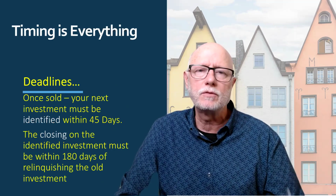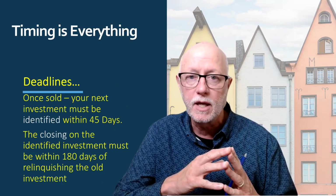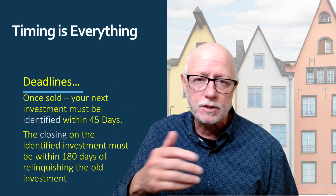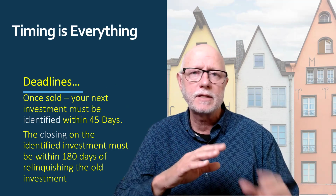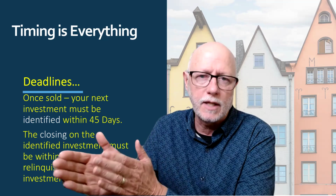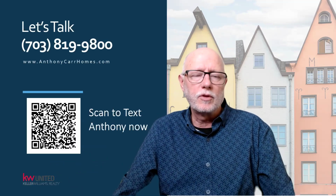And once sold, you're on a timeline now. You must identify the next property, the replacement property, in 45 days, and then you have 180 days to go to closing. Now, the 45 days is included in that 180. So if it takes you 30 days to find the property, you now have another 150 days to go to closing on that secondary investment. So that's the basics